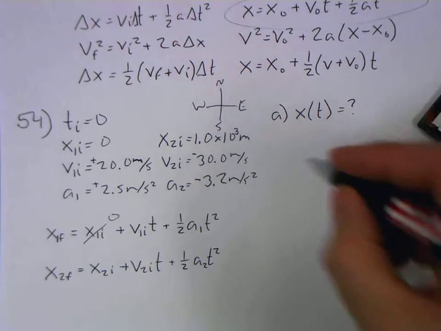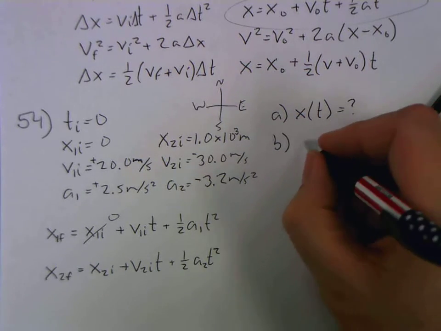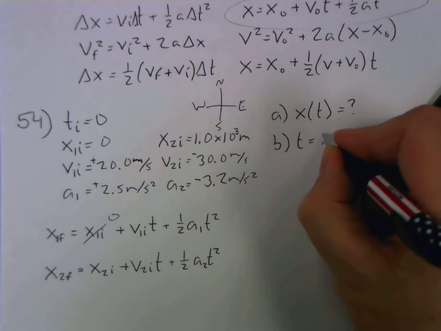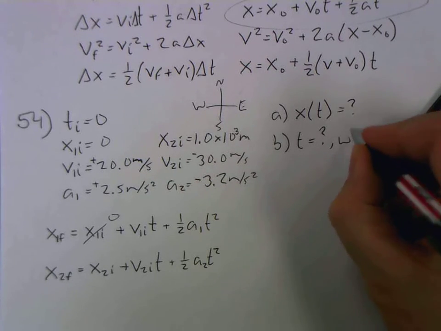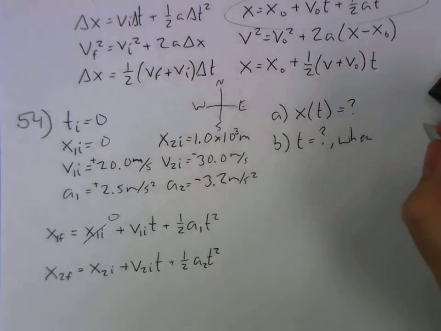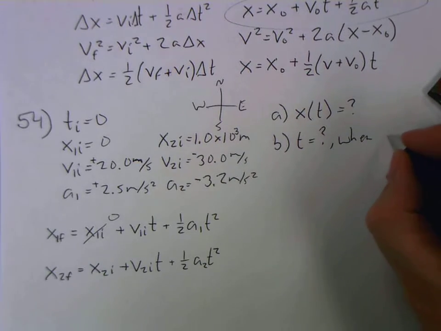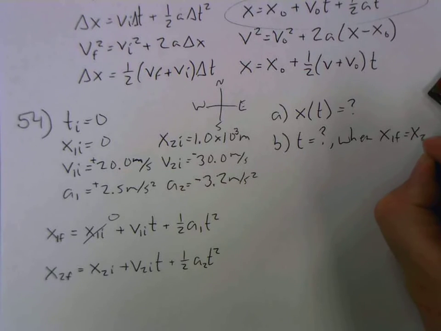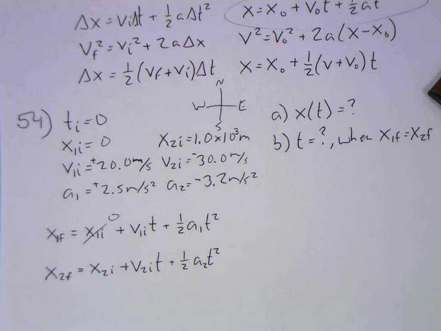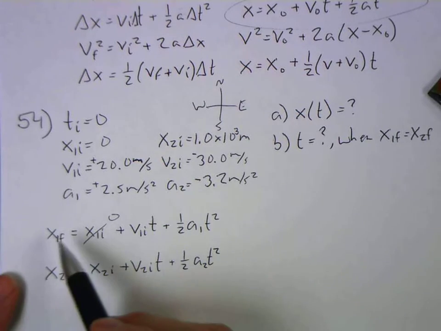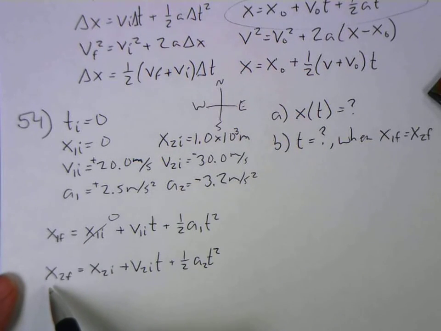Now, for part B, we want to know t equals what when they pass each other. When they pass each other, x1 final is equal to x2 final. They are both at the same point at the same time. Okay? Now, in order to do that, we are going to set this guy equal to this guy, solve it